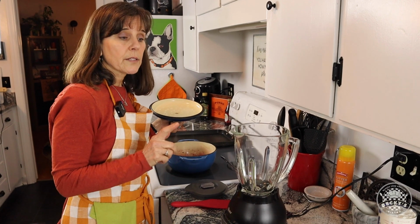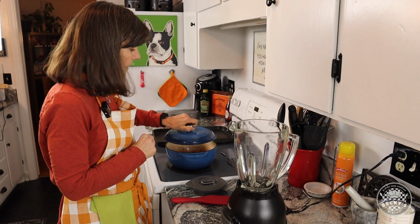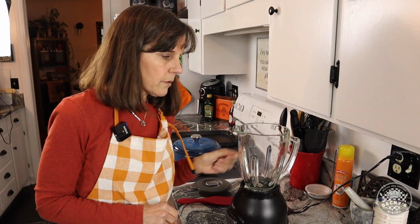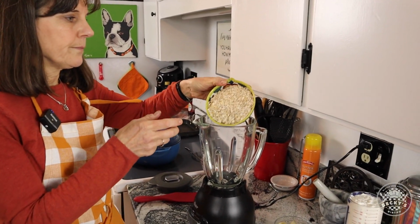Before we go ahead and start our pancake batter, I want to put a lid on top of our compote and reduce the heat to simmer. The first things that go into our blender for our pancake batter are going to be our dry ingredients. So that's our 1 cup of oatmeal,